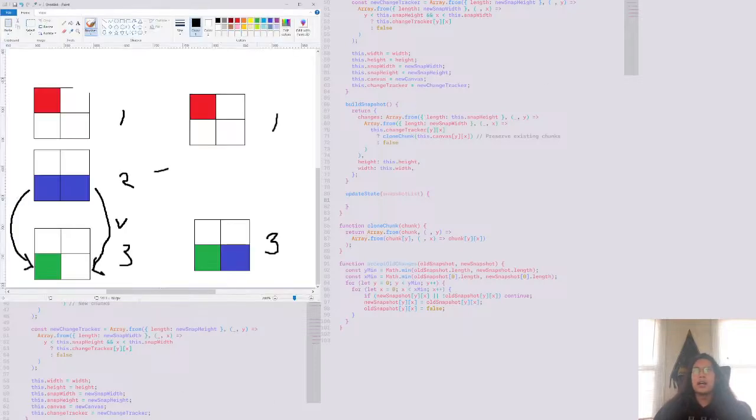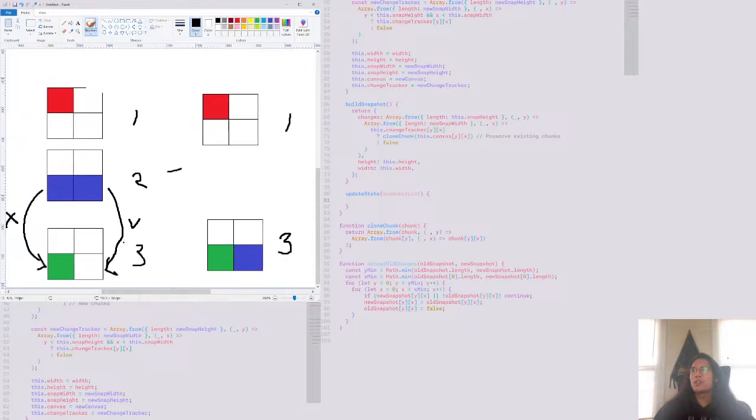What's a good way of doing that? Let me go back to what the task was. So right now, for update state, I need to solve the problem where